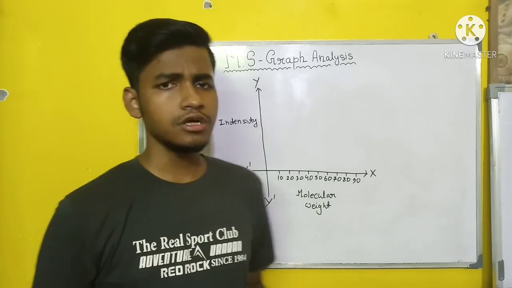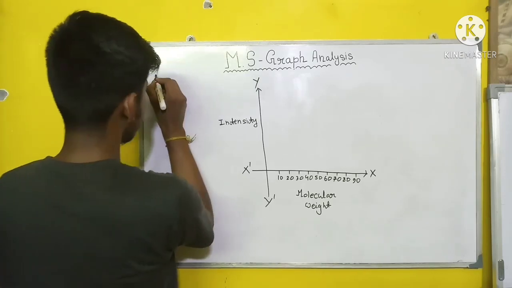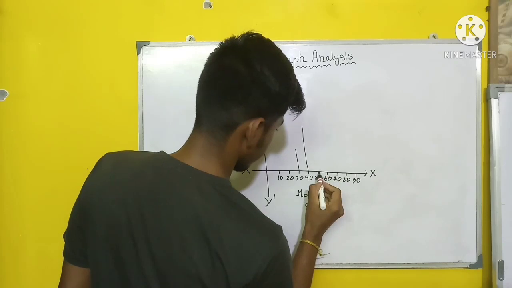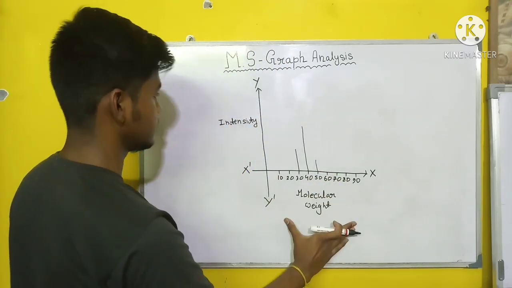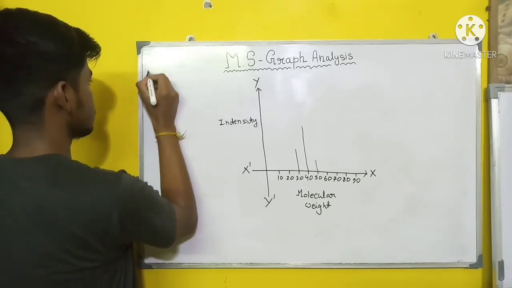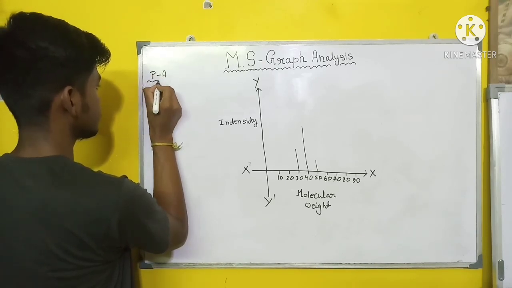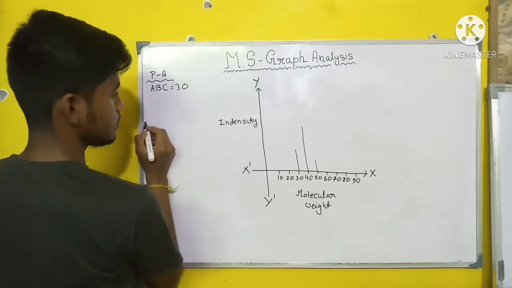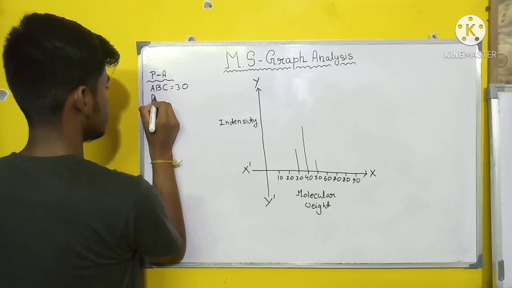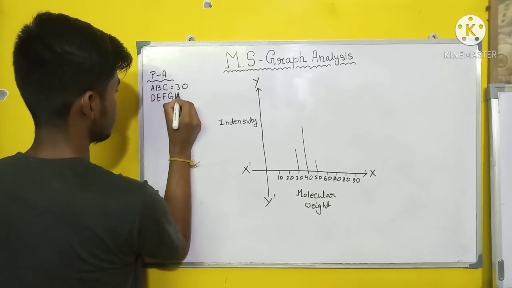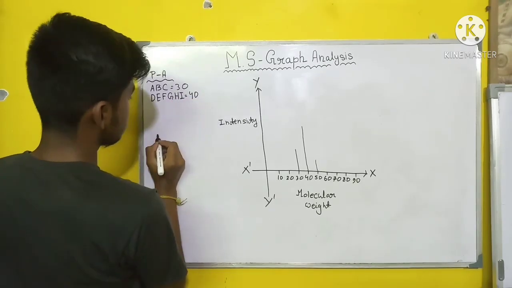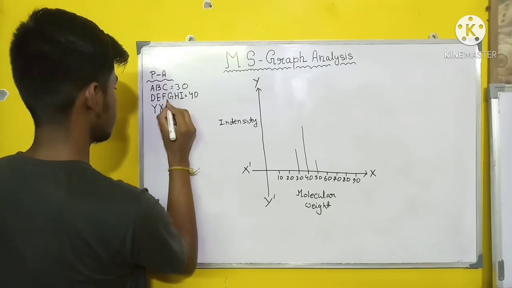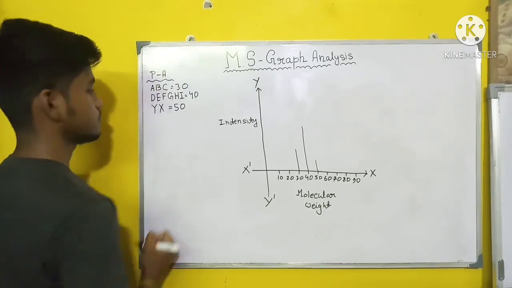So now suppose your teacher has given you a graph something like this, and your teacher has given you 3 proteins. Protein A: A, B, C is 30, and D, E, F, G, H, I is 40, and Y, X, Z, Y, X is 50. Protein B